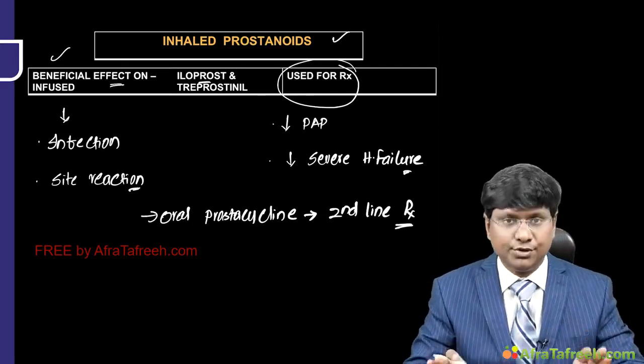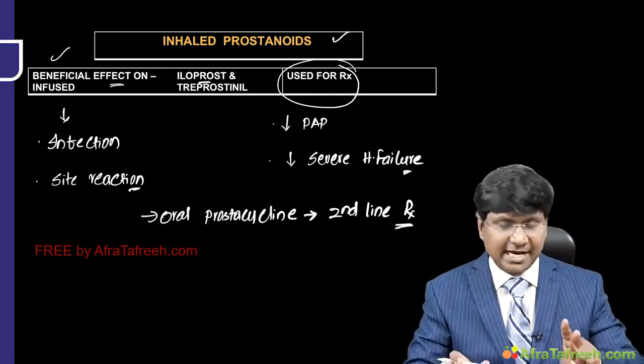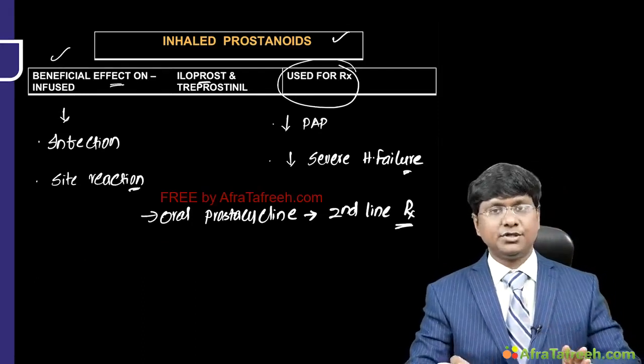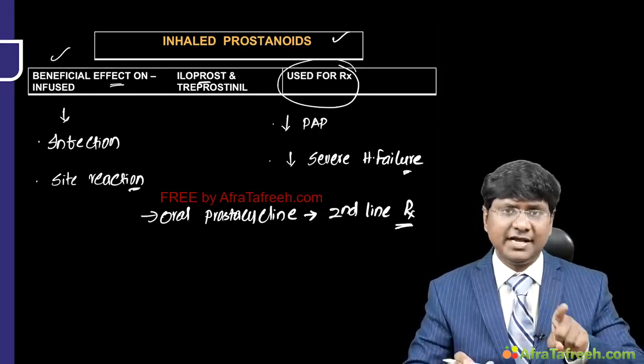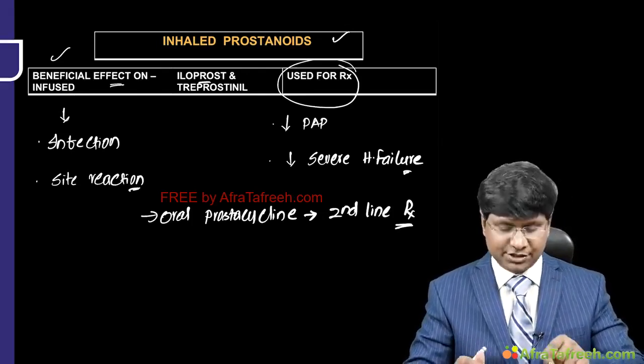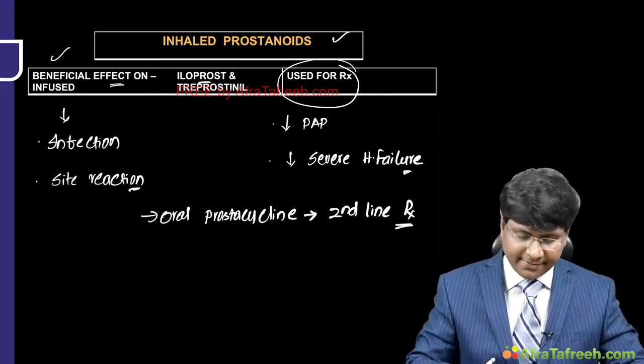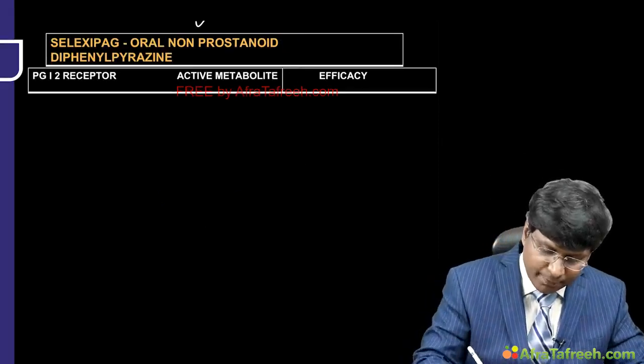So this is about your prostanoids. Three prostanoids: one is epoprostenol, second is iloprost, and third is treprostinil. Epoprostenol is IV infusion, treprostinil is subcutaneous as well as inhalational. Iloprost is only the inhalational form. Okay. Then we have a non-prostanoid